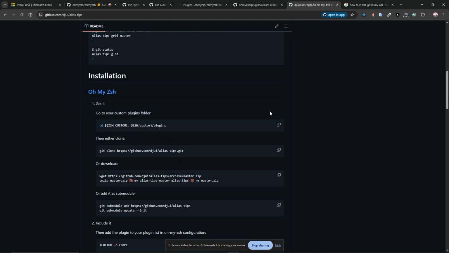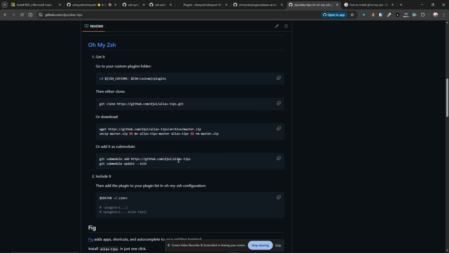Okay, so you have to cd to the special directory that Oh My Zsh stores the plugins. Okay, so you cd there and then you run the git clone command there. Okay, so that will install the alias-tips command in that directory. Okay, so once you are done, you open your